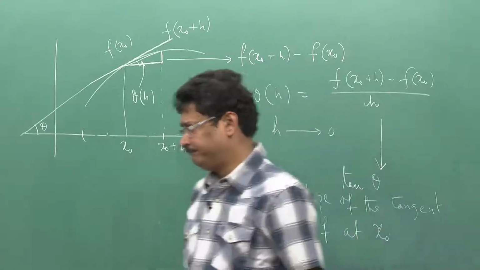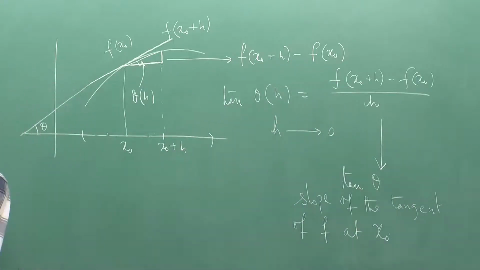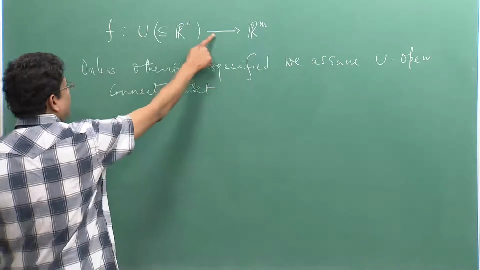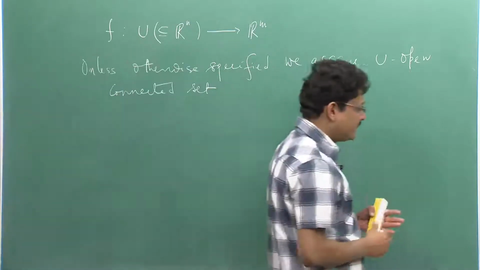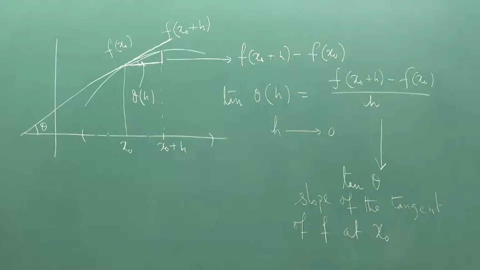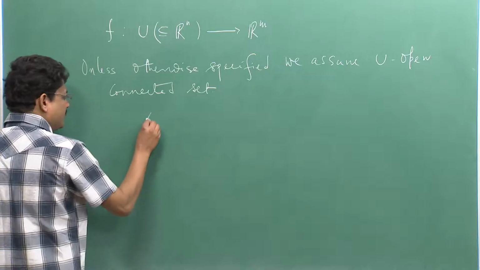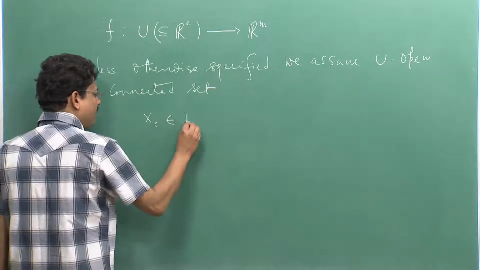So, maybe our first instinct will be that, well, let us try this. I have a function from an open connected set U in R^n to R^m. So, given an x naught in U,